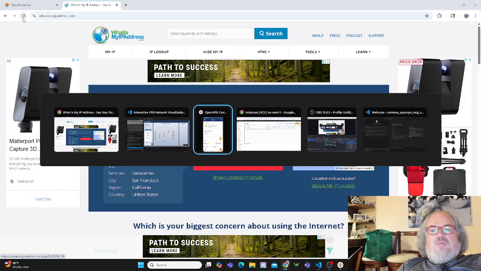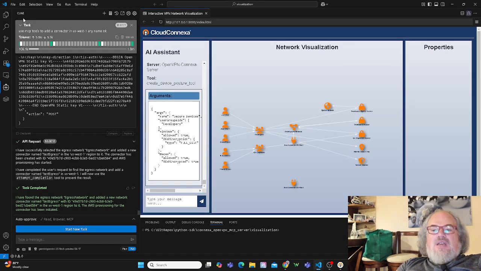So I hope that explains how the MCP connector not only can create local objects within the CloudConnexa system, but it can also provision services in the AWS system required to support CloudConnexa, the full experience within CloudConnexa, which